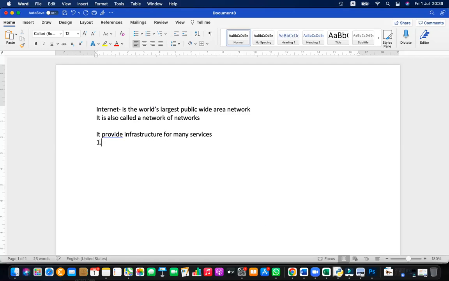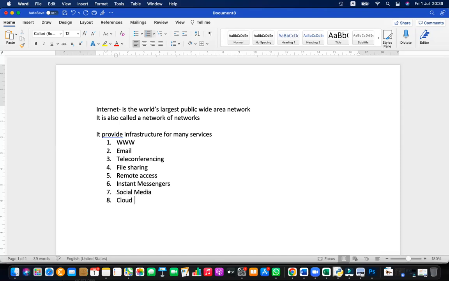One main thing is the World Wide Web, and not only that, you have email, video conferencing or teleconferencing, file sharing, remote access, instant messengers, social media, cloud services, and newsgroups.